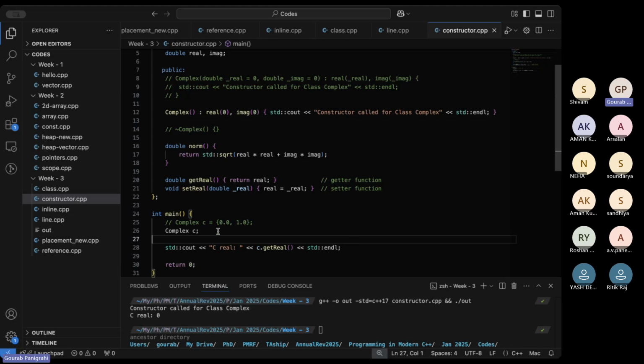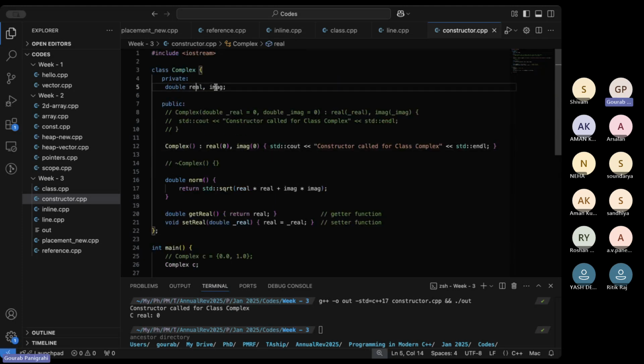Ideally, this is just a declaration of the object. It should not be an instantiation, but it will happen here because we wrote the class such that it has a constructor of this sort. So if you don't instantiate the object, yes, you are right. If you don't instantiate the object, none of these private variables or anything will get created. What I mean to say is,